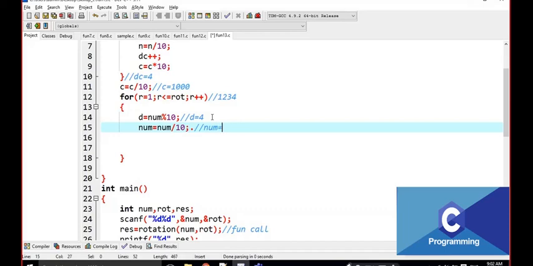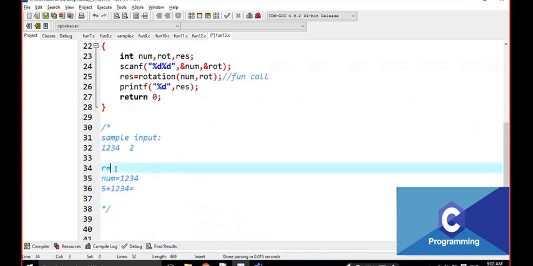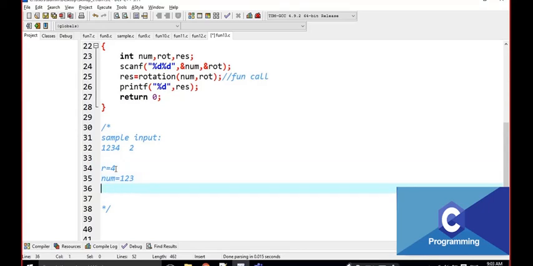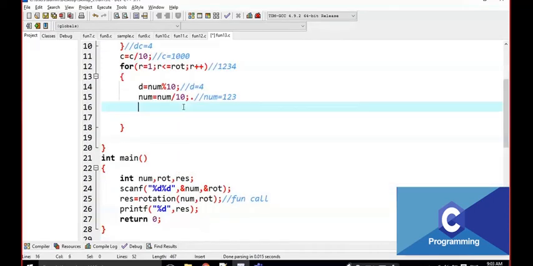Yes, I reached one point here. What point am I going to segregate here? It is 4. Now what do I have to do? I have to do the modification, that is 4 plus 123. Just look at, I am going to change the number again. Number is equal to D into C. I am going to take it as D into C, that is 4 into 1000, 4000 plus num.